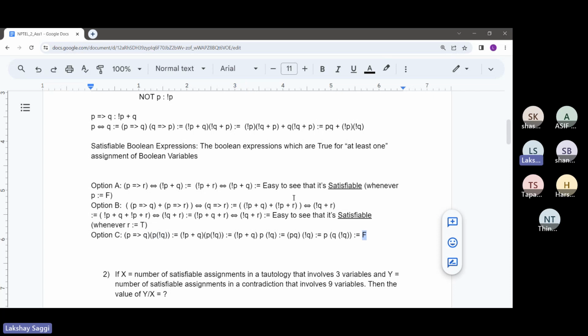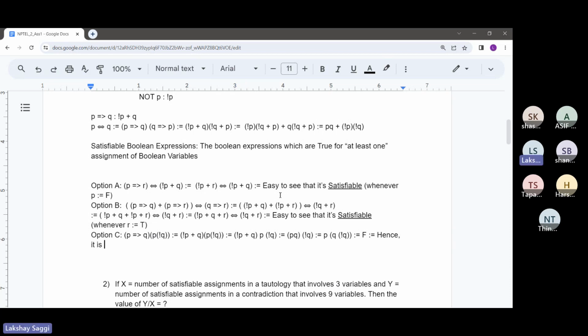So that's why this expression is not satisfiable, as it is false for all possible Boolean